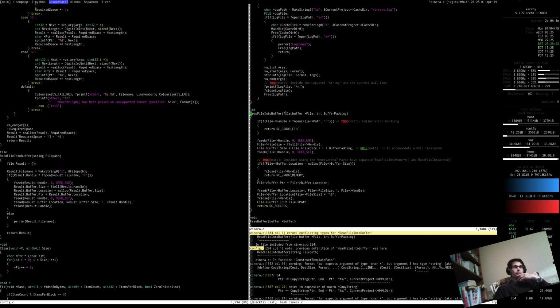So I think a better way to deal with this is, when we have a situation where we've got two definitions of a function, we just rename the existing definition in Cinera.c by appending old to the name. So basically,